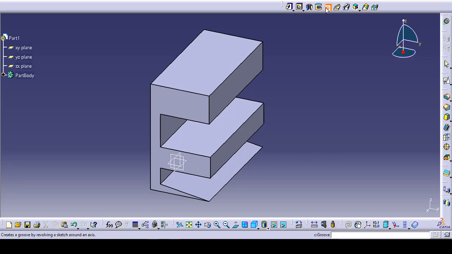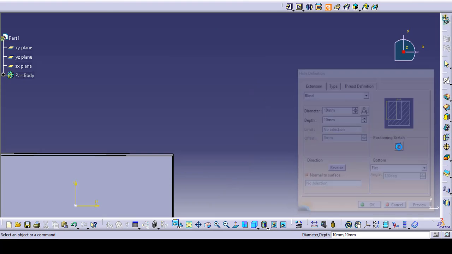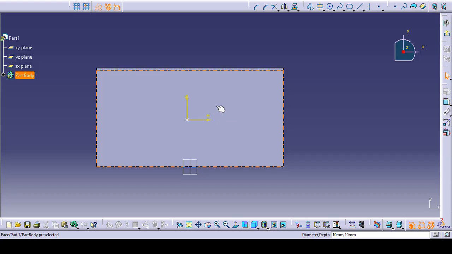First, we select the hole command. Select the surface on which we want to create a hole. On this surface, select this surface, and here a dialog box will open. You can select the position sketch. And now we have entered the Sketcher workbench, and this is the center of the hole we are going to create. So we need to dimension this hole, or we need to define the location of this hole with respect